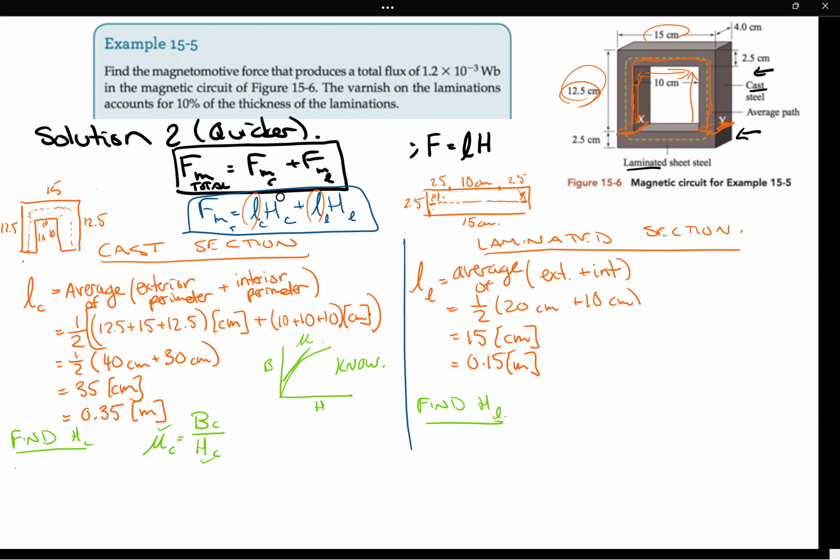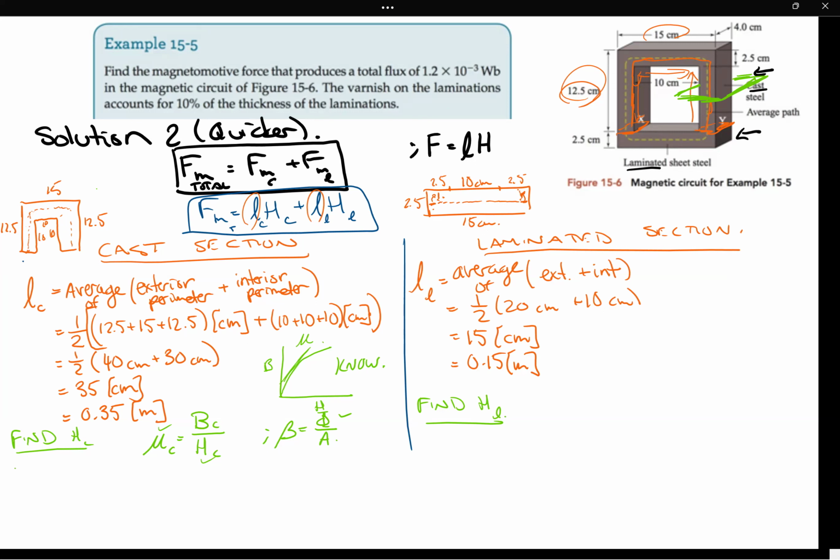All right, so what do we do here? Do we know B? Well, we know that flux density is equal to the flux over the cross-sectional area. We know flux, and we kind of know the cross-sectional area as well. So if I were to take the cross-sectional area of this up here, and I were to pull a plane of that cross-sectional area,